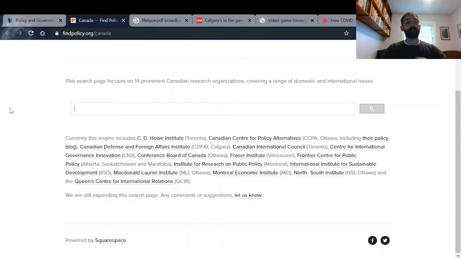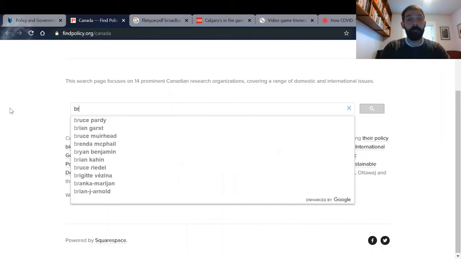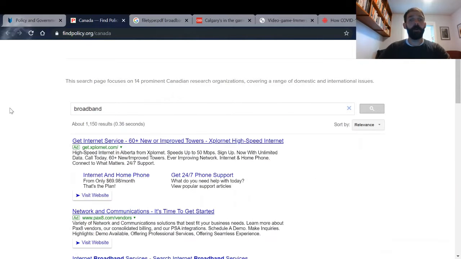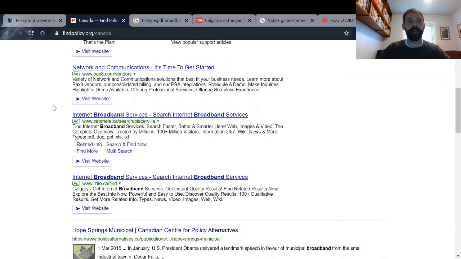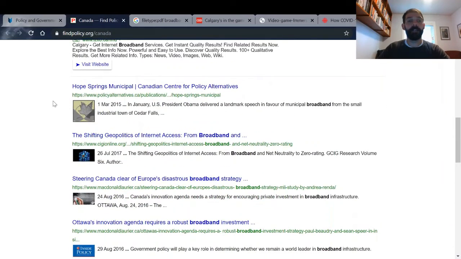Again, similar approach, keep your search very, very broad here. Don't go into a whole lot of detail at this point. If you're getting way too many results, then you can narrow it down. As I said, this is a customized Google search. So unfortunately, you'll get a few ads at the top. Scroll down a little bit until you get to the actual reports.